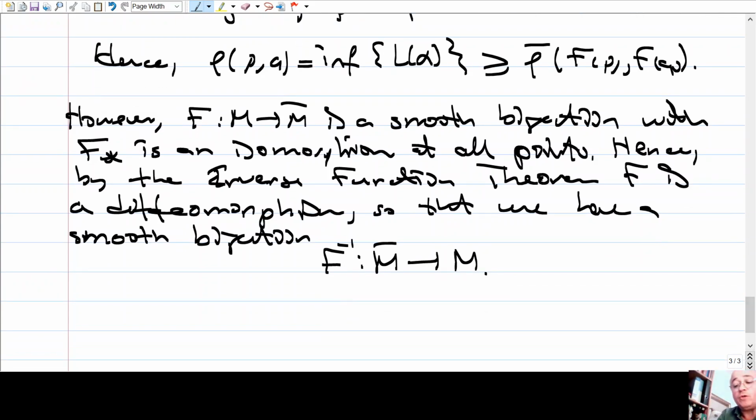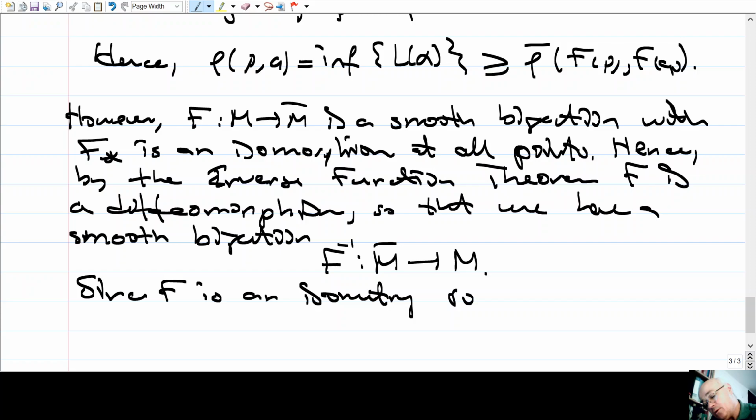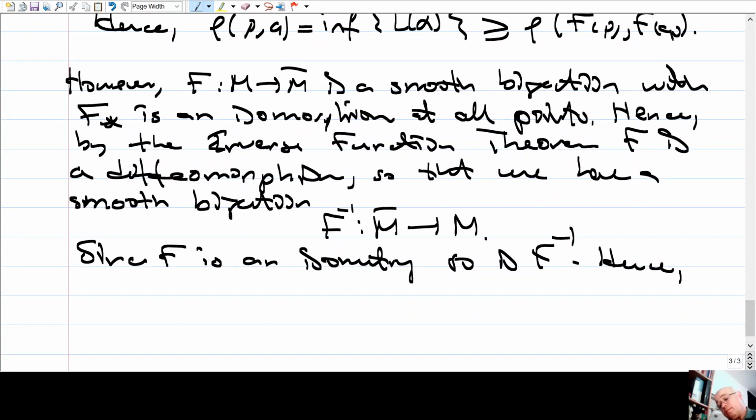Since f preserves distances, its inverse also preserves distances. Since f is an isometry, so is f inverse, right? Hence, by the above paragraph,